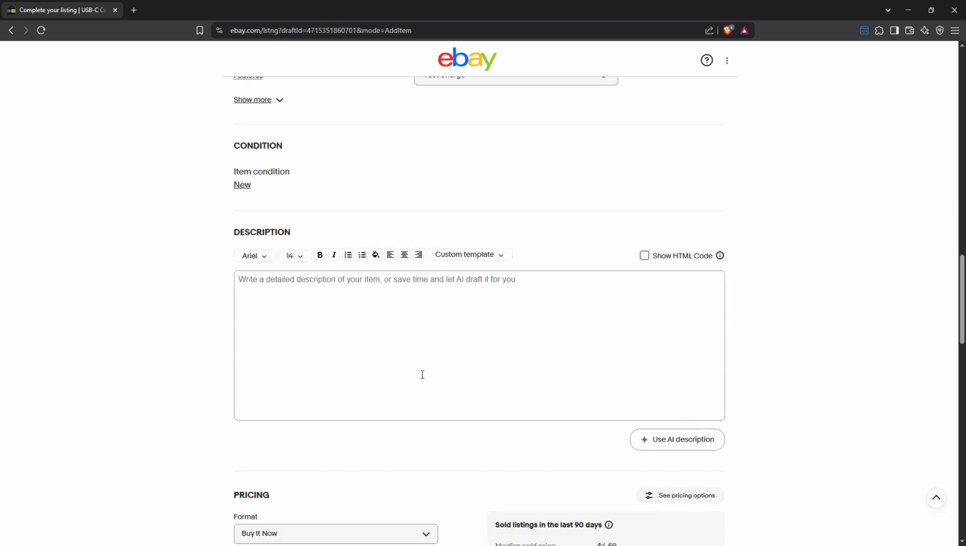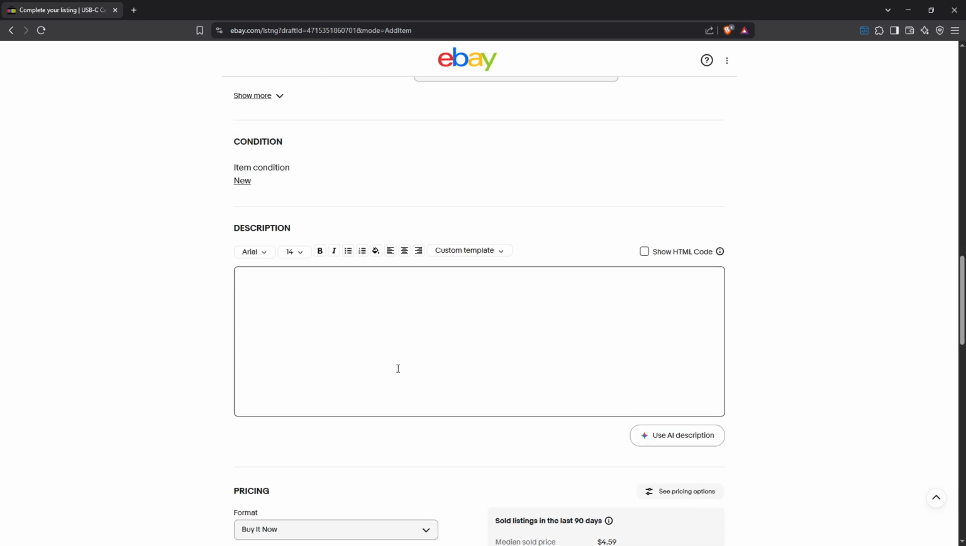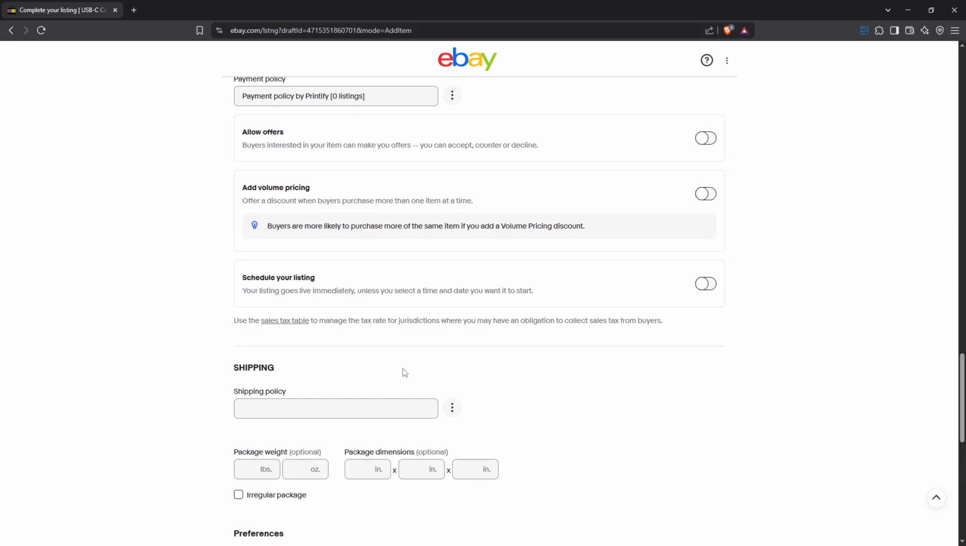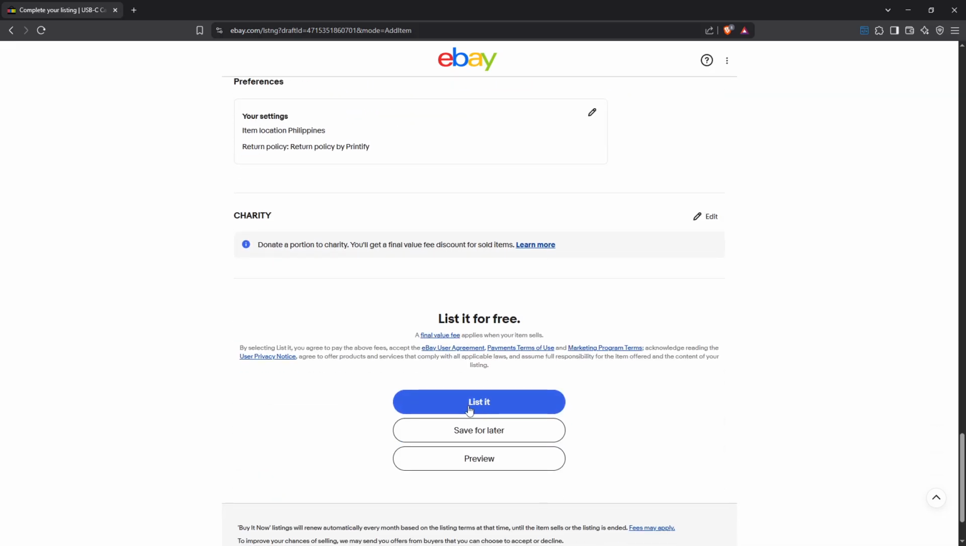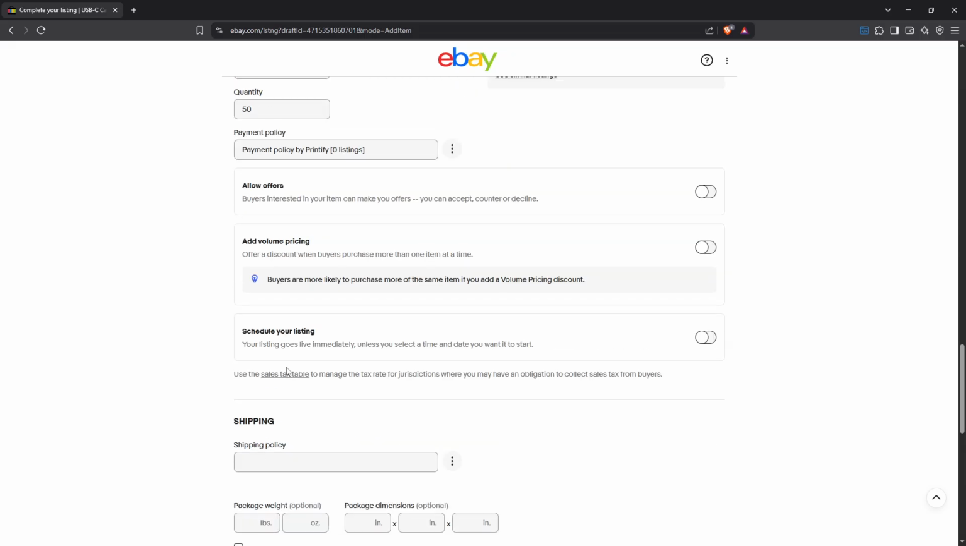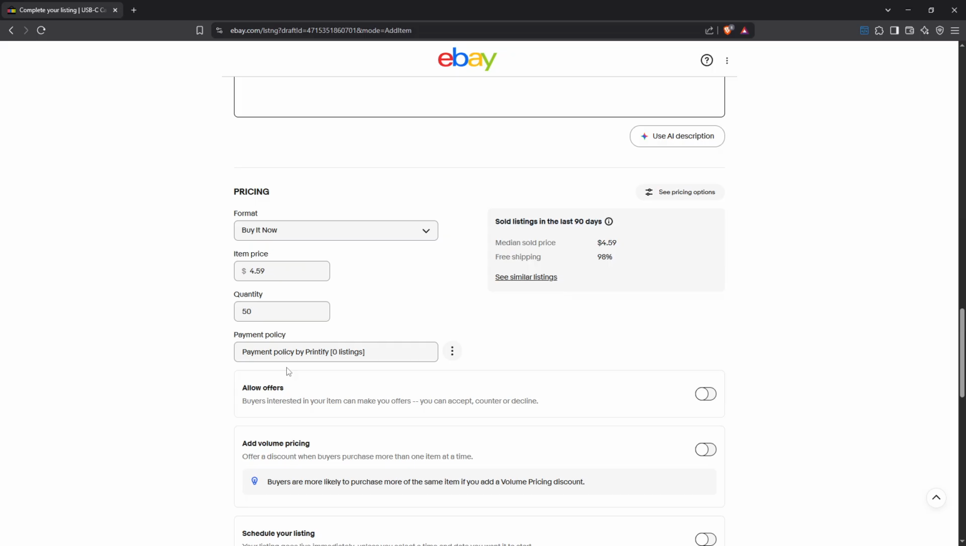Finally, when you're satisfied with how everything looks, click the List Item button. This final step will make your listing go live on eBay, ready for potential buyers to discover and purchase your product. By following these steps, you can efficiently manage listings with multiple items on eBay, ensuring a smooth and successful